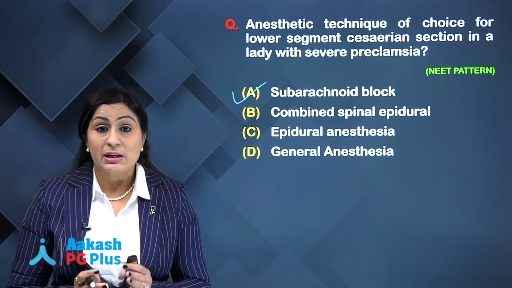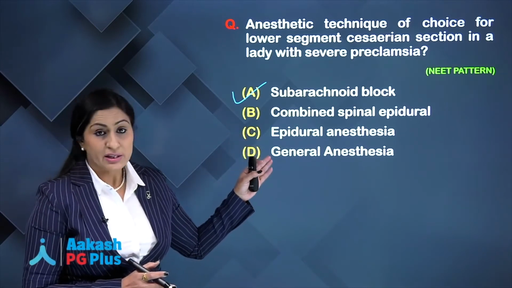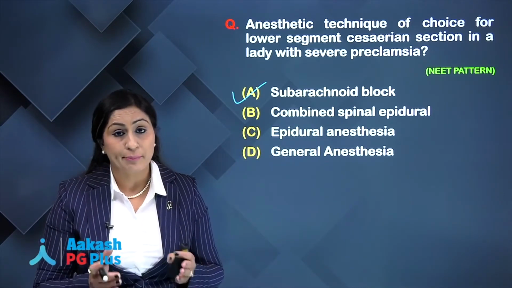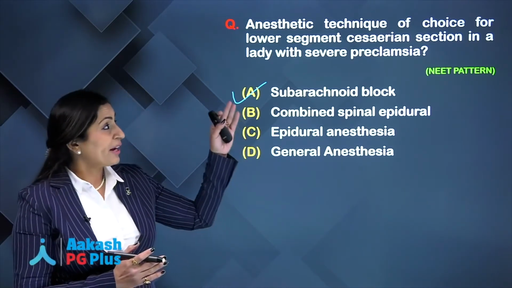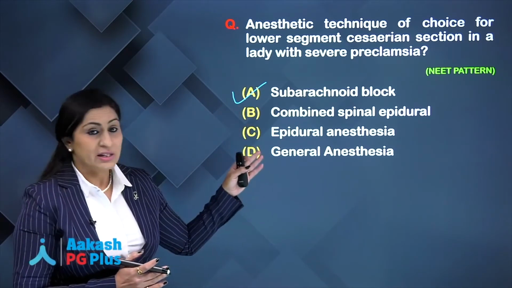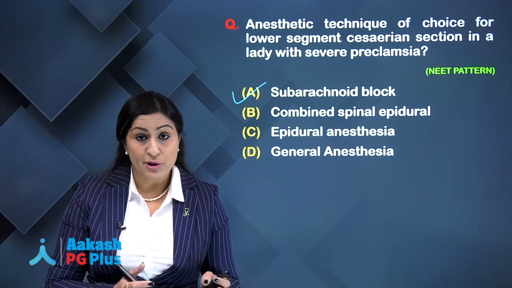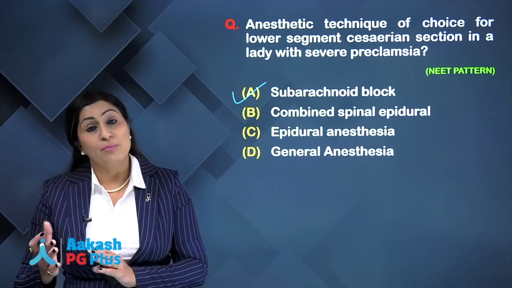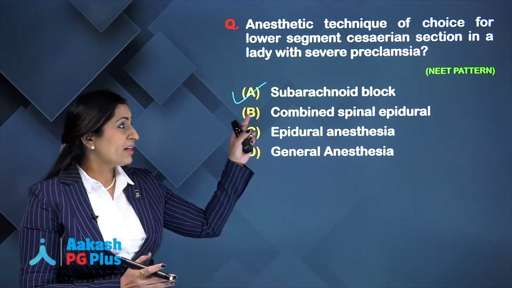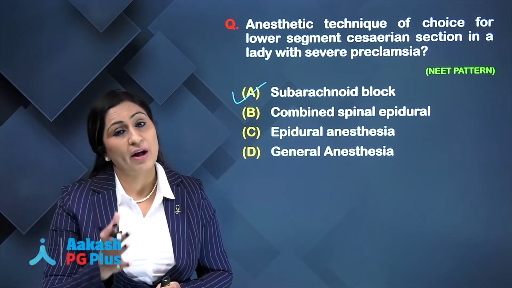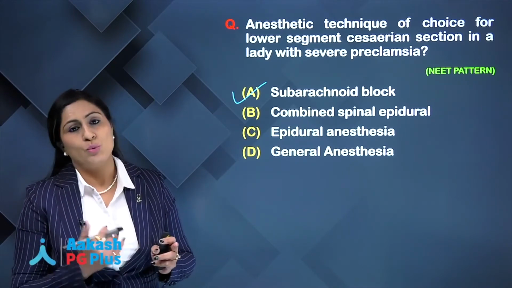This is because earlier they had thought that in severe preeclampsia, general anesthesia is better. They used to recommend that. But extensive review of the literature tells us that if a pregnant patient is given general anesthesia, because of a lot of tissue edema, there are chances of difficult intubation and adverse outcome of anesthesia. So studies have told us that spinal anesthesia is a very safe and desirable option in patients with preeclampsia also.